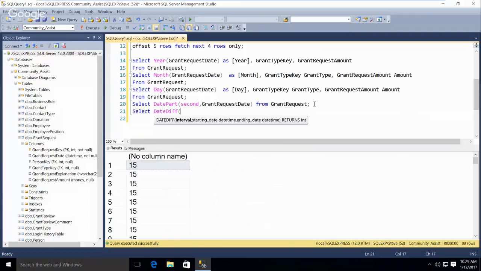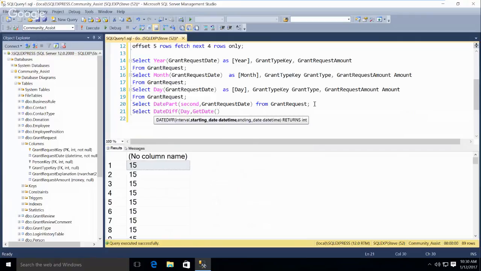So one of the things when you do a function, you can see this IntelliSense here. And if you don't have that, you may have to Google it and figure out what comes first. First is the interval, so we have to figure out what we want to check. I think you can do day or you can do DD. And then it wants the starting date. Let's just do today.